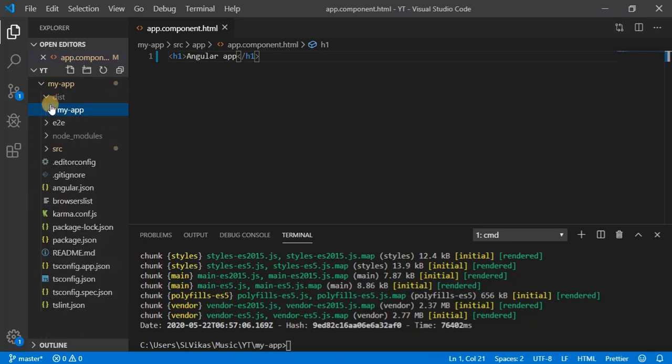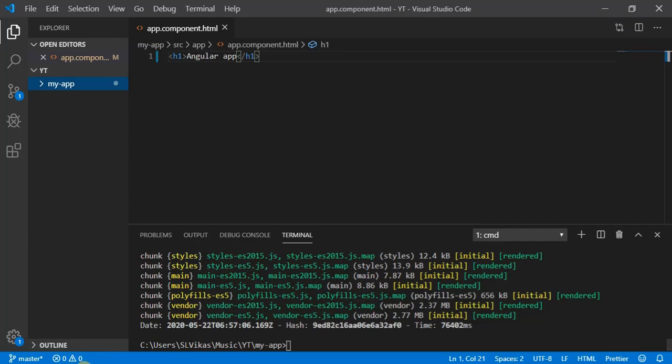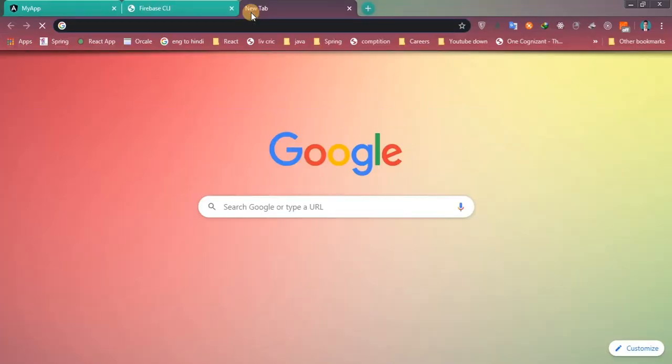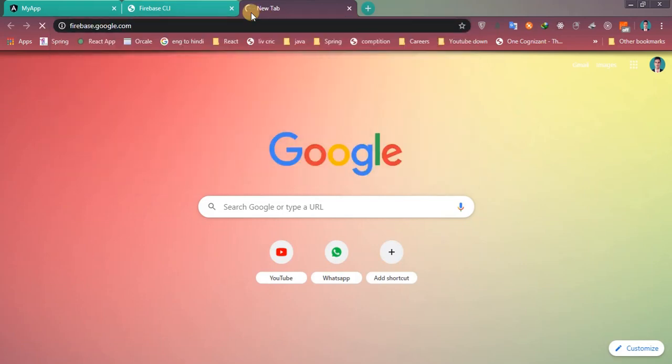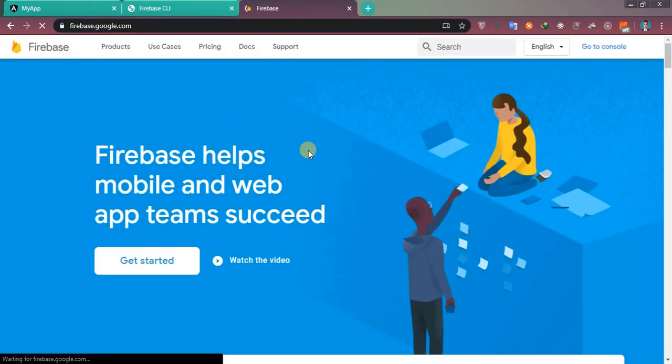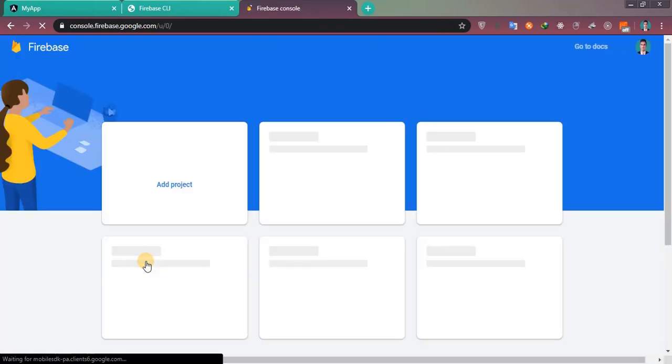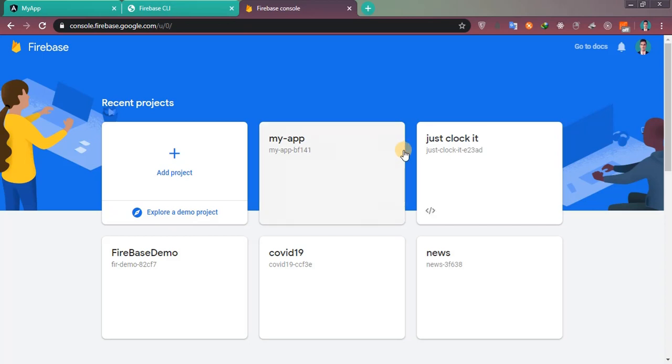Now let's go to Chrome and type Google Firebase. Okay, let's go to this website. You can find this website in the description of this video. Here we have two options, get started or go to console. Click on either of them. As you can see, I am getting a bunch of projects.